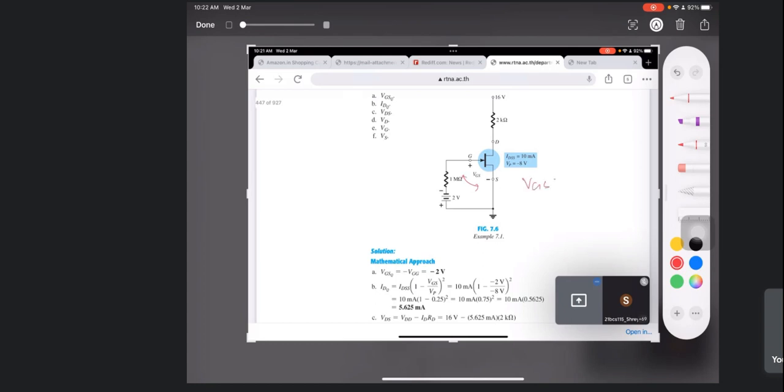So this VGS is nothing. IG across it is 0. Okay, it is equal to minus of 2 volts. That's all. So there is no drop across this 0 volt. Drop across 1 ohm. And if I have to find out this ID,